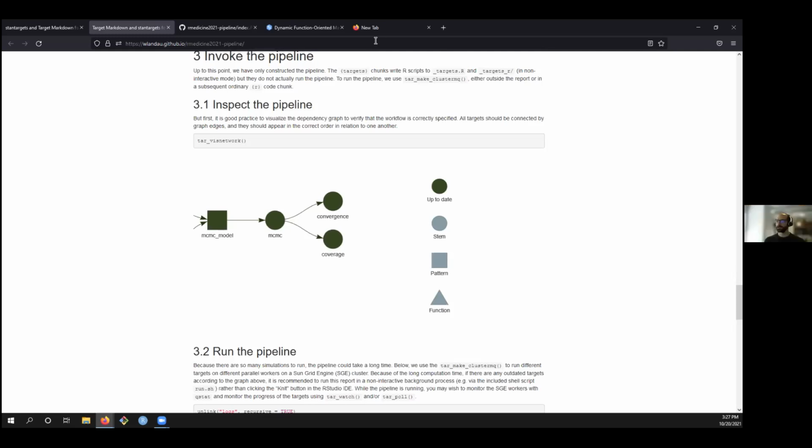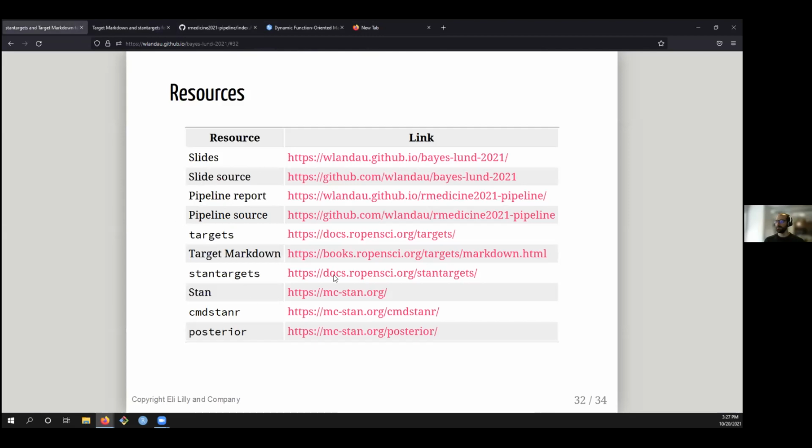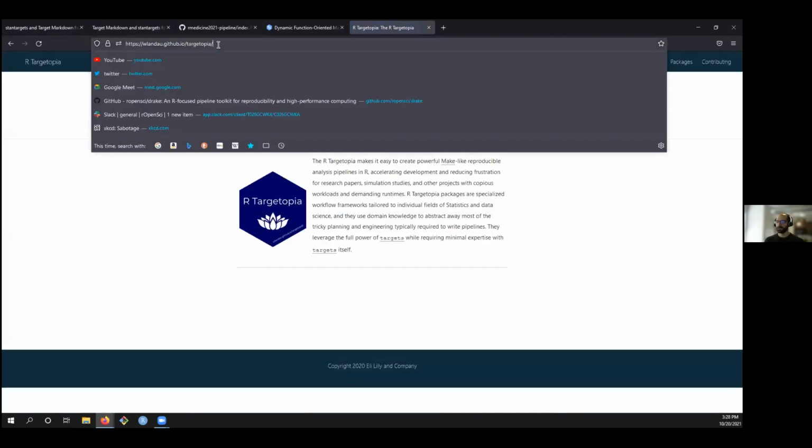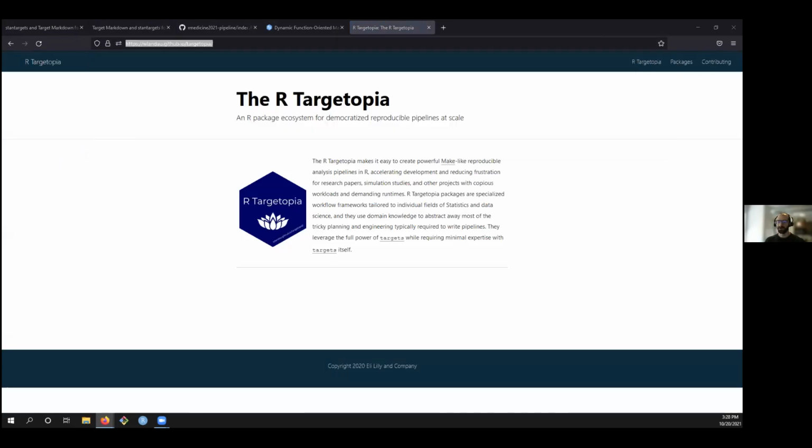So I will mention that, like I said, stantargets is part of a collection of packages that I'm calling the targetopia, to extend targets to specific domains, to make it easier to write pipelines.